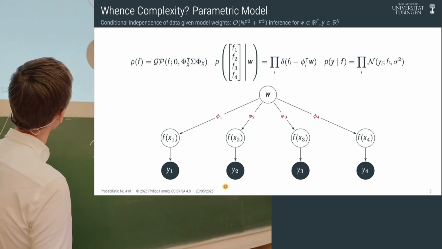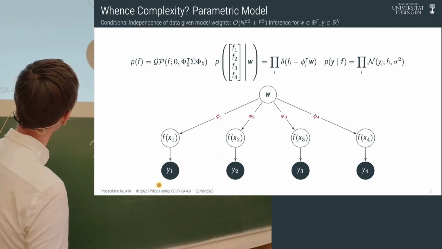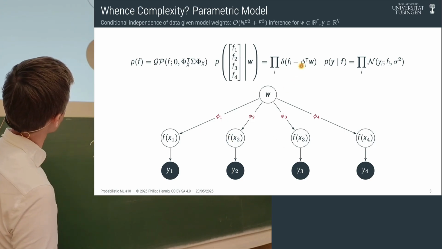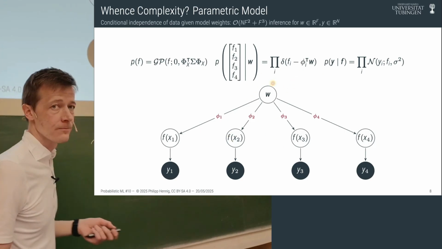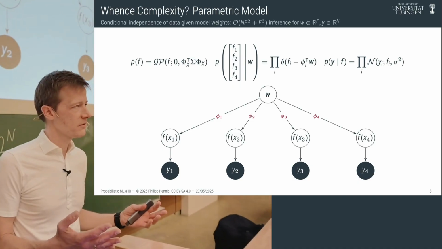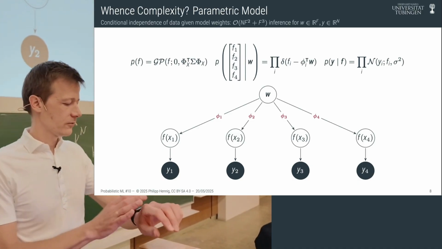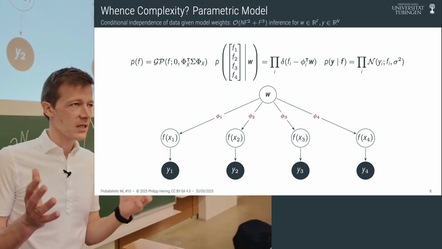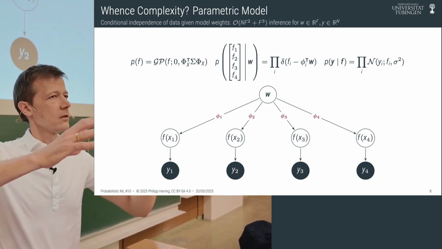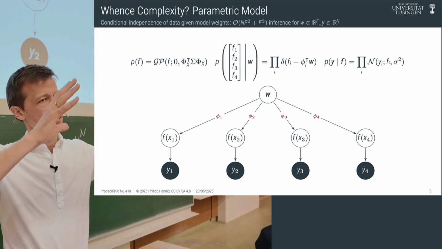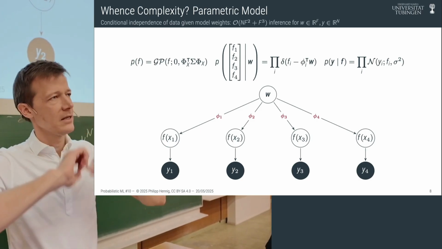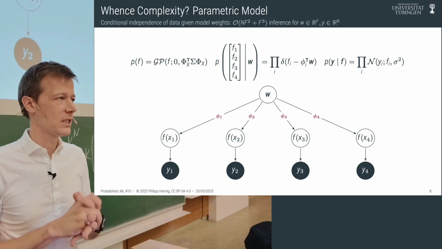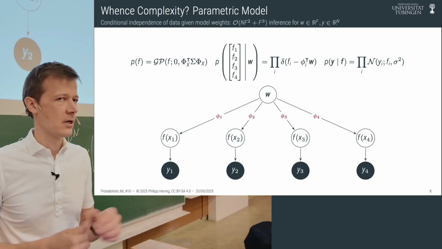But when we condition on data, on these terms down here, then we have to keep track of a joint probability distribution over all of the w's. And even if you do this in a Gaussian fashion, then the complexity of doing this is that complexity of linear algebra. So it's, in worst case, cubic in the number of parameters, in the size of w, in computation and quadratic in memory, right? Because we have to keep track of pairwise interactions between w.